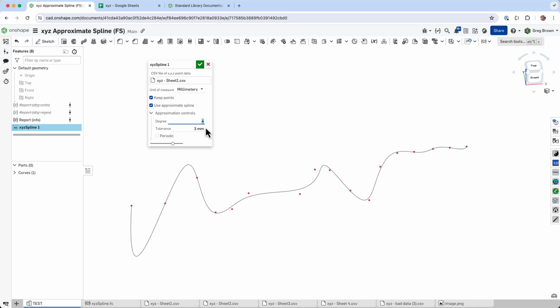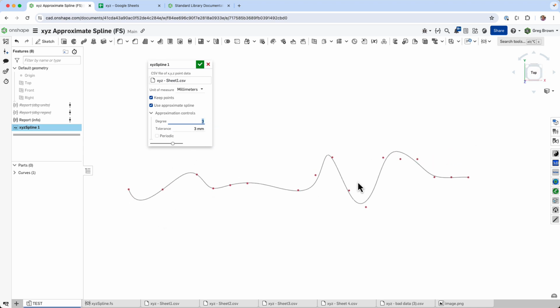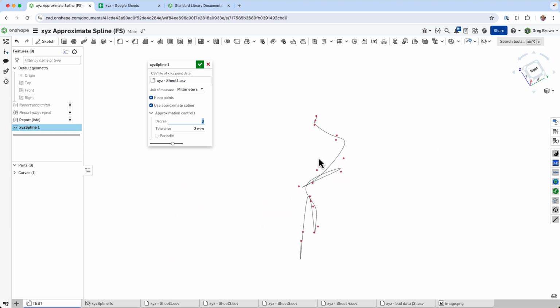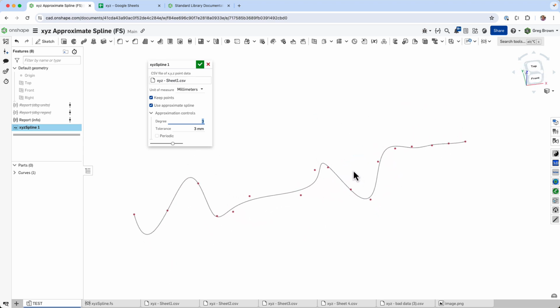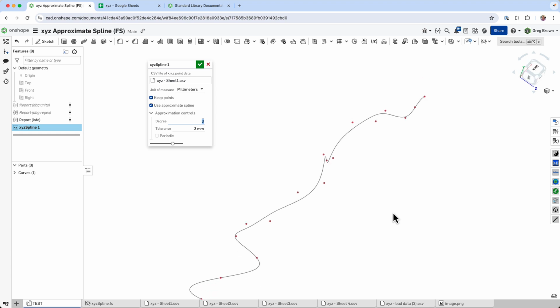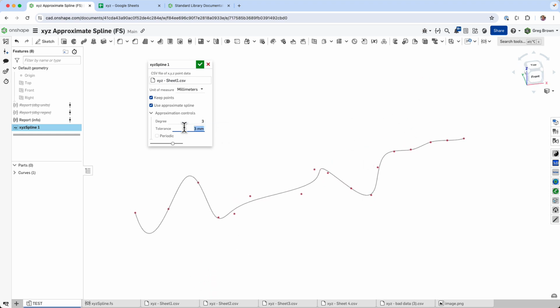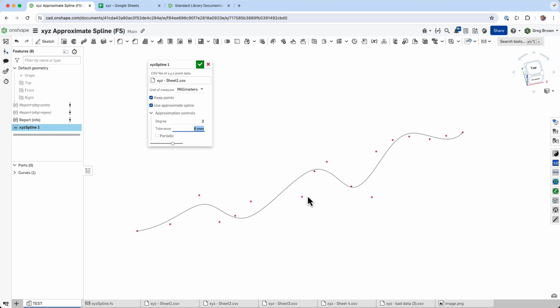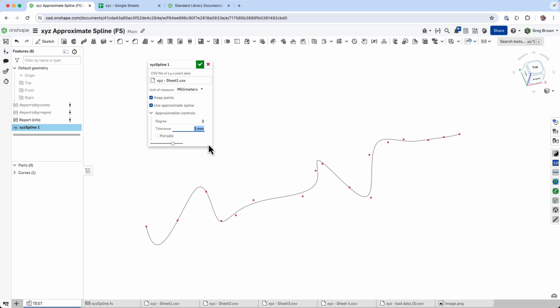And you see some funny things happen when you go to high degree curves, because it starts to try and fit that in interesting ways. This is a pretty random set of data as well, so that makes it a little bit tricky, although it's a good test case for it as well. Anyway, I've got a tolerance in here as well, and you can see as I make the tolerance really loose, the curve becomes smoother, of course, but it